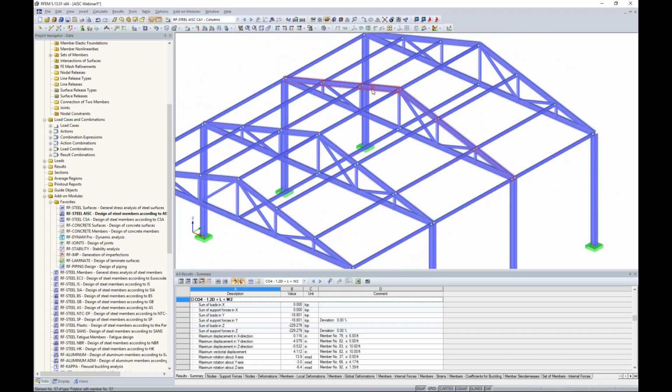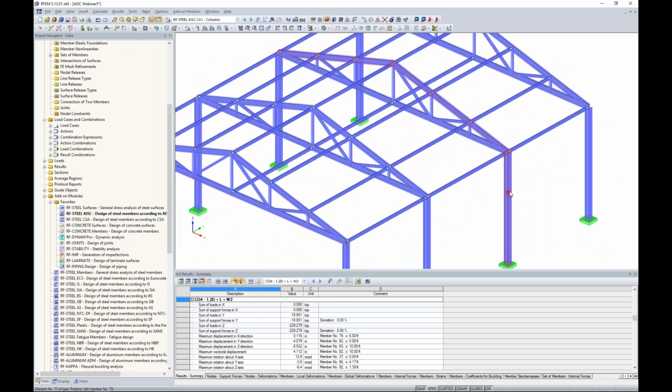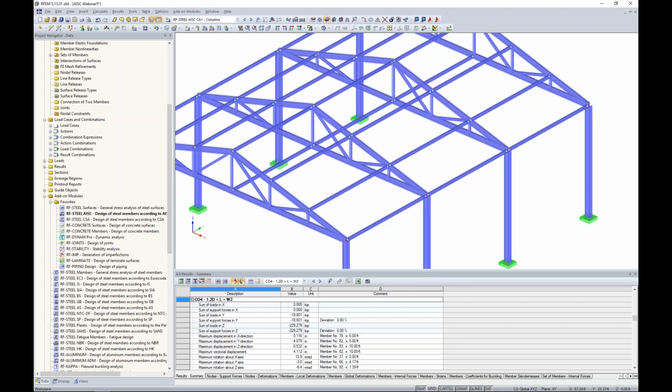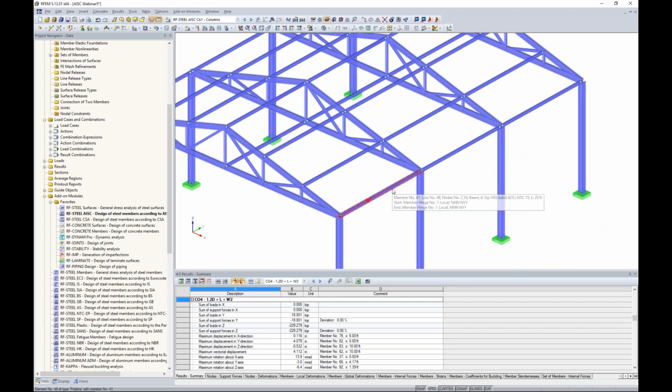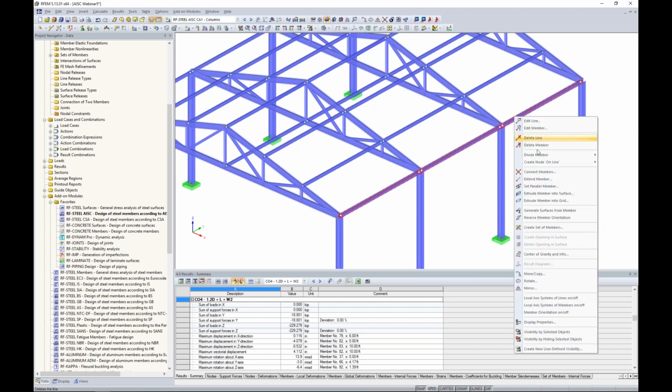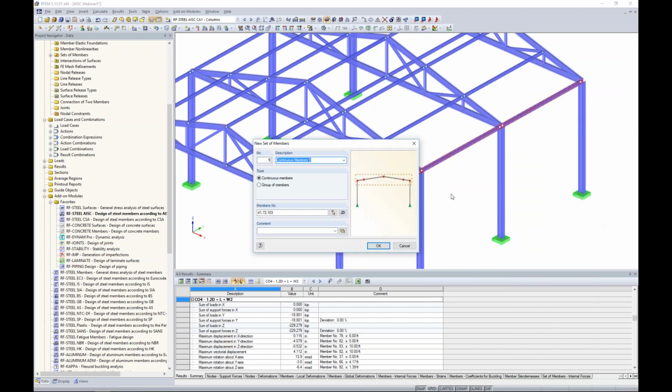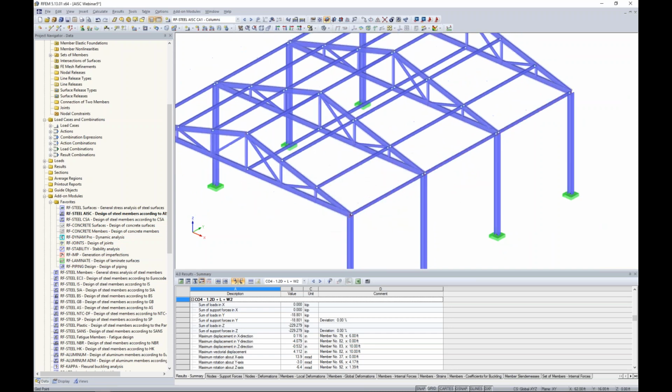A great example, of course, is this top chord, but we could even design this column, this top chord, and this other column as one continuous member if we wanted to with a set of members. The program automatically did that for us. Just to let you know, you can hold down your control key, select several members, right click, choose the option create set of members, and that's how we can generate a continuous member with that dotted line around all of them. We're not doing that with these members, but jumping back to my current module here,